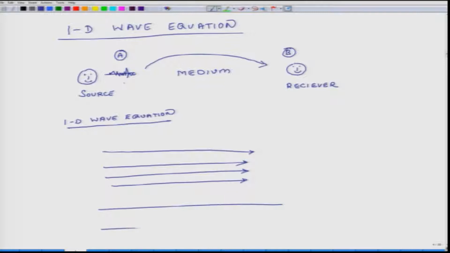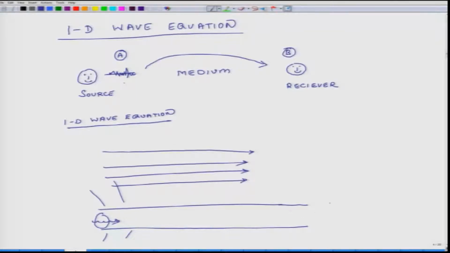For instance, if I have a long pipe, and if I put my mouth here and here I generate some sound, then the sound will just travel through the length of the pipe. It will not go outside the pipe, and it will not propagate in other directions. It will just propagate along the length of the pipe. So, these kind of situations where sound propagates only in one dimension,